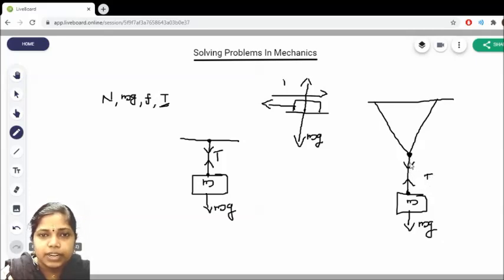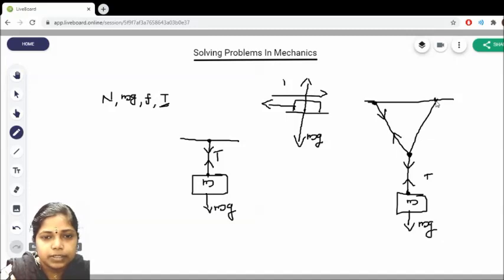Right. So when we are taking a string with the two ends of the string attached to two objects, the tension will be acting just like pairs. Right. And I want to draw the tension involved in the string. So this point is a contact with a fixed wall. So this point, if we are drawing the tension, from this point the tension will pull. Right, at this point the tension will pull, and from this point also it will pull.